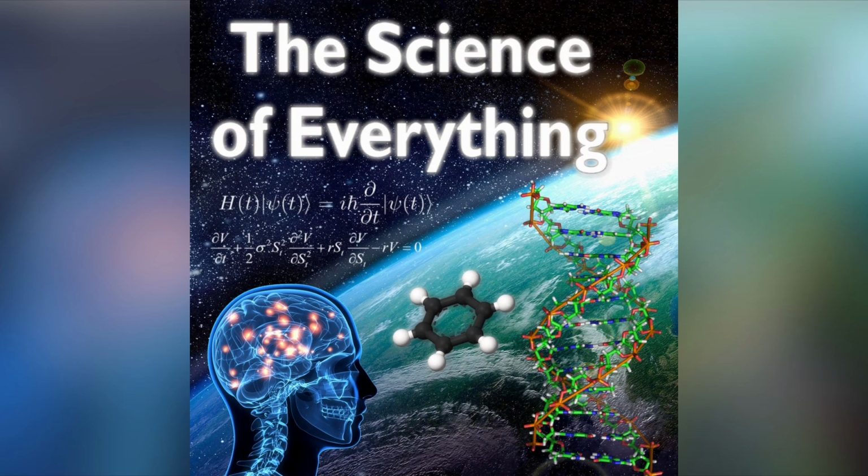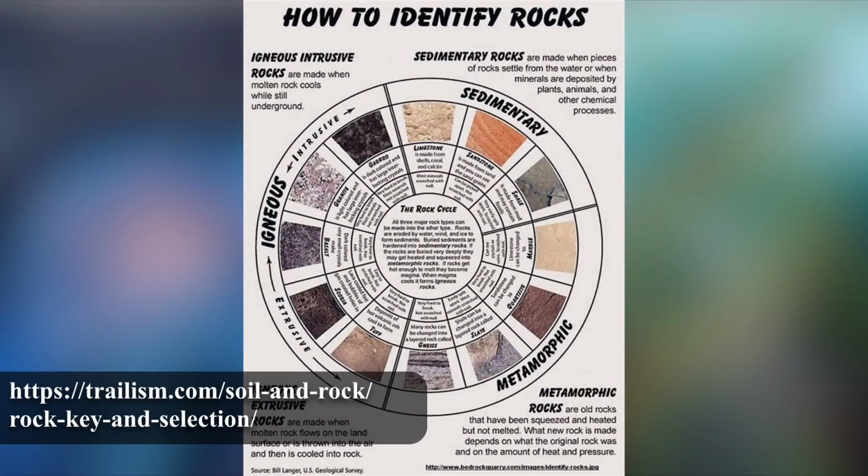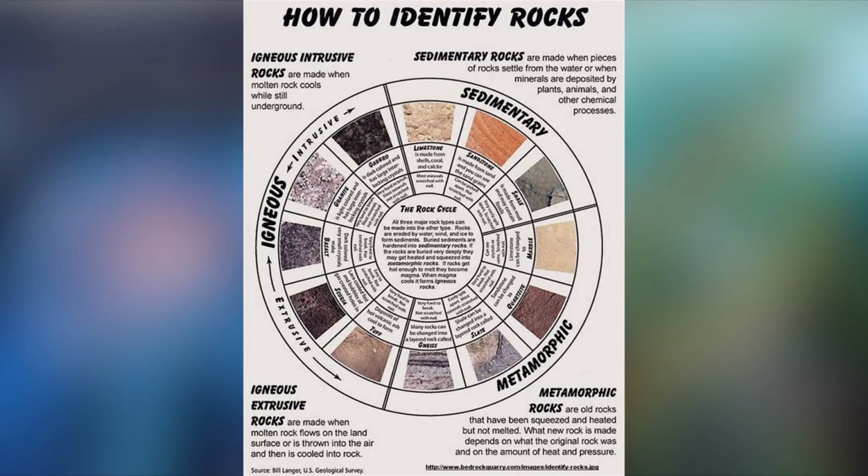Now, as I mentioned, there are 3 different types of rocks: igneous, sedimentary, and metamorphic. Now, again, this may be slightly heretical. It's my opinion that the boundaries between these 3 types of rocks are more conventional than absolute. So, as we'll see, hopefully in future episodes, if I get around to talking about the processes that go into forming sedimentary, metamorphic, and igneous rocks, really there's a bit of a fuzzy boundary between them. There's a bit of a fuzzy boundary between a sedimentary and a metamorphic rock, a metamorphic and an igneous rock. But nonetheless, it's still very useful to talk about the 3 classes, because in most cases it's fairly clear which class a given rock falls in.